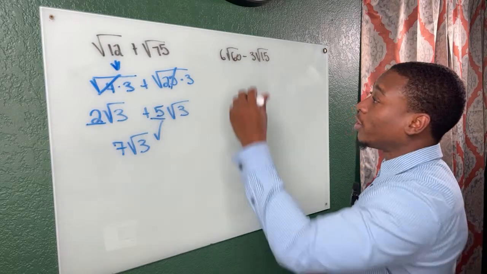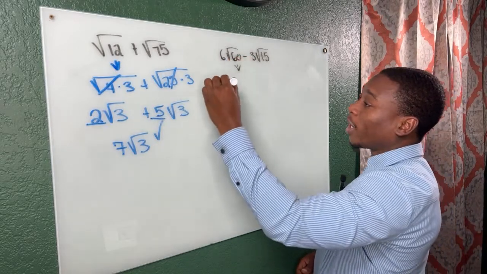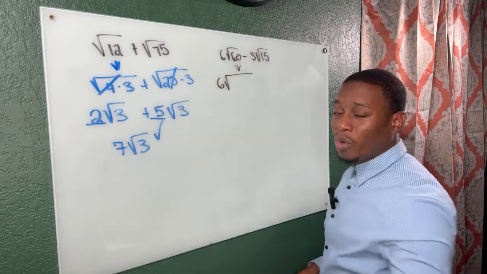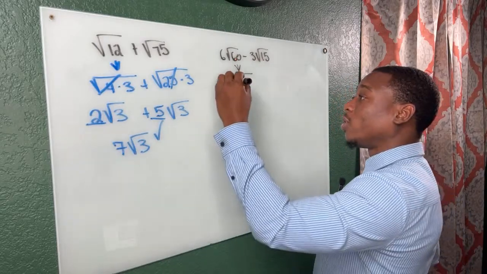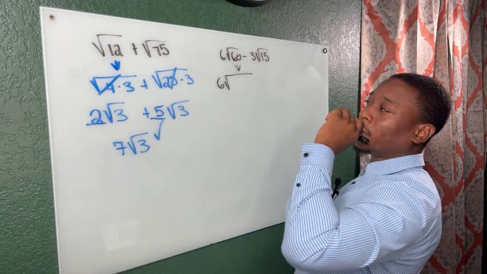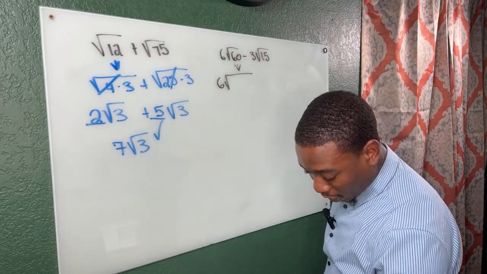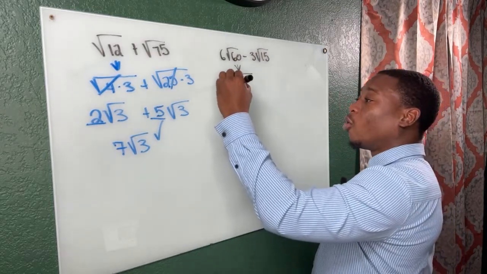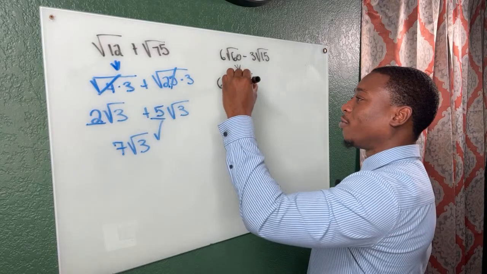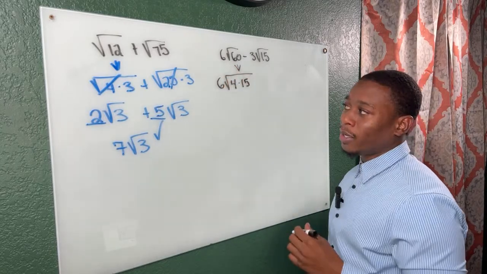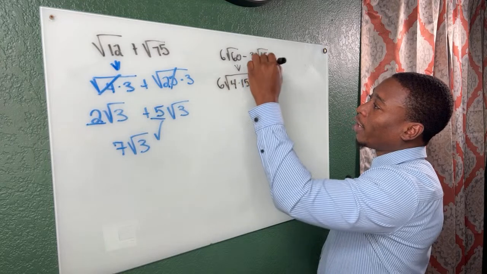And I'm going to show you in this example. So we have 6 times, and when we break down the radical 60, this is going to be... Let me check my notes one more time. I forgot, guys, I'm sorry. Okay, there it goes. I know it was 15, but I forgot what times 15. 4 times 15, right? And then we're going to bring down